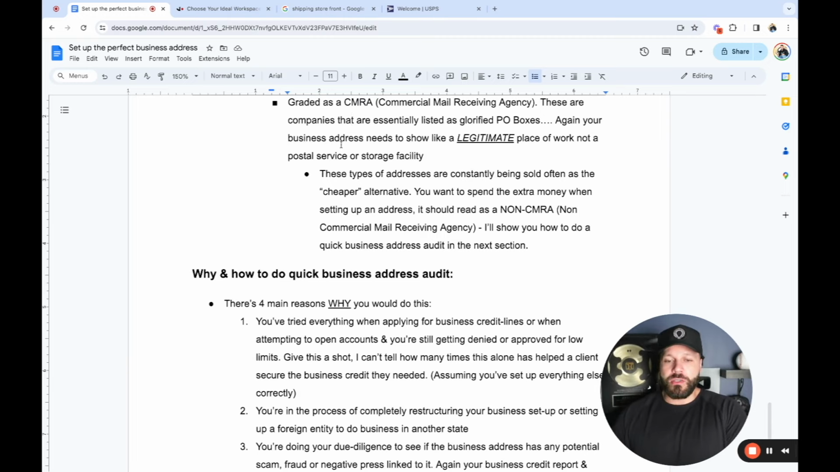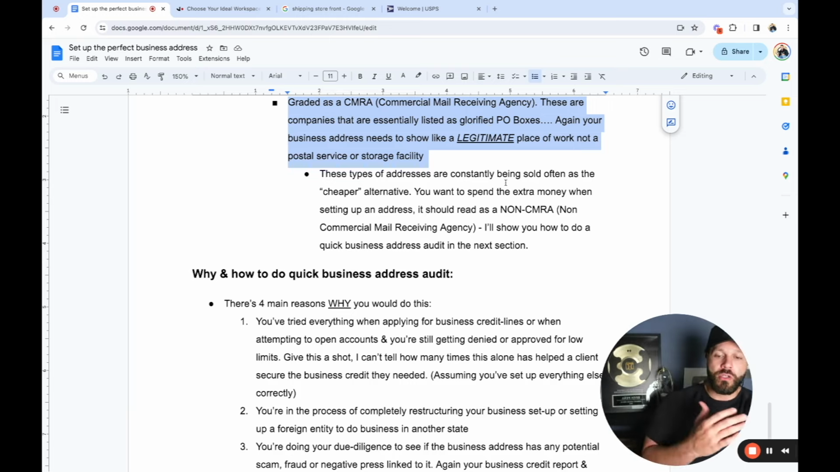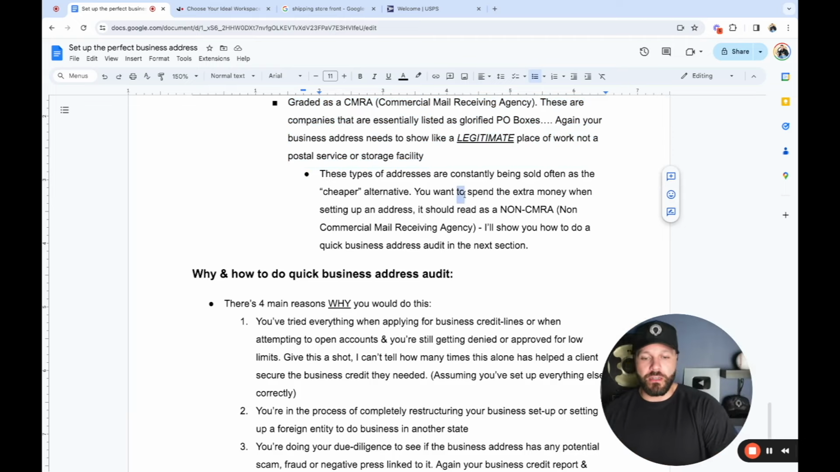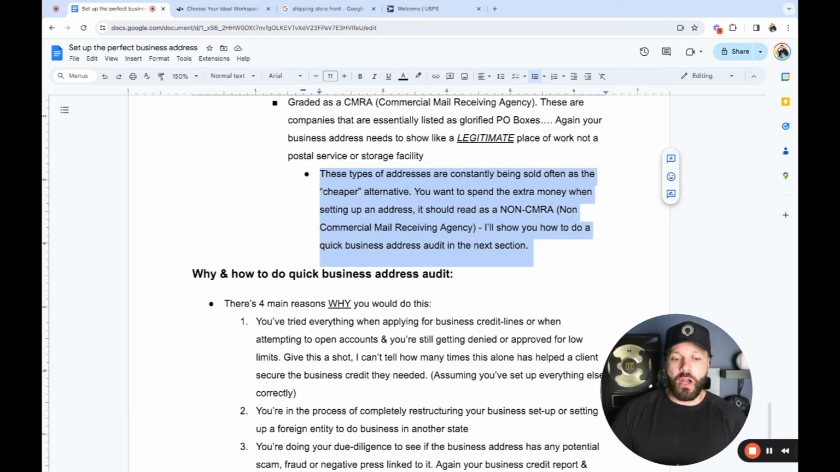Now, there's also something known as a graded CMRA, which is a commercial mail receiving agency. If I'm being honest with you, these addresses that are attached to these companies are just glorified PO boxes. Again, you want your business to be a legitimate place of work, not just a postal service or a storage-looking facility, right? These types of addresses are constantly being seen as a cheaper alternative by the banks. I would recommend you spend a little bit of extra money, if you want to do this right,